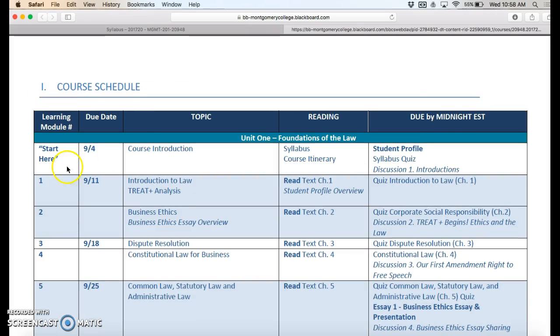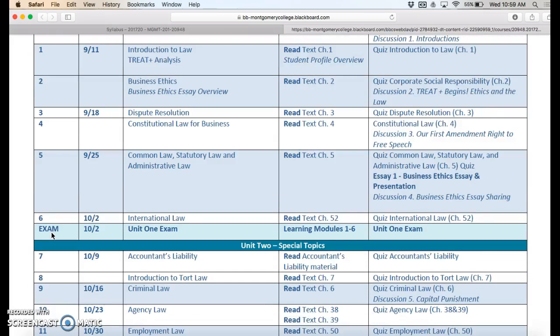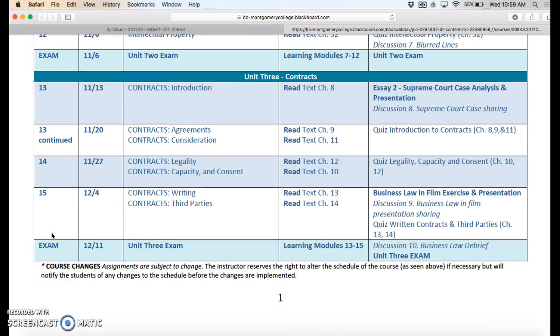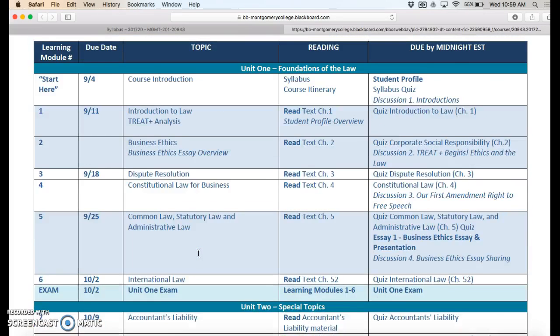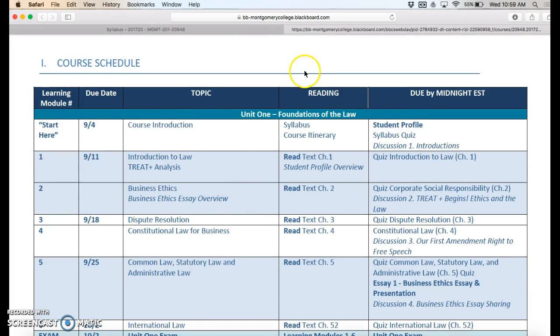For the in-person classes, your due date will be before 9 a.m. and that will be before that either Tuesday or Thursday, that day of class. And you'll see which module we'll be working on in class available here. Please also take note of the last exam. That's technically our final exam, even though it will only cover Unit 3. The exam might differ from our normal class time, and so it's important that you're aware of when that exam will be. Again, for online, all exams will be via Blackboard.